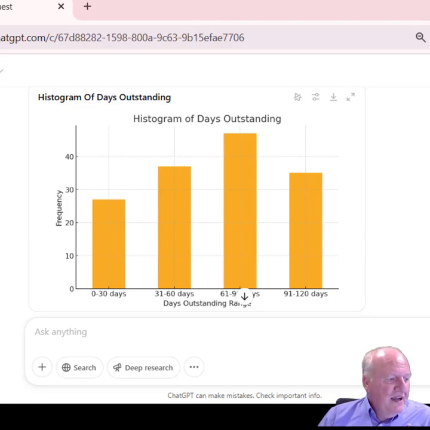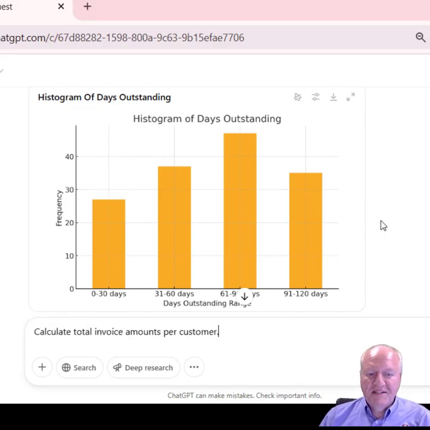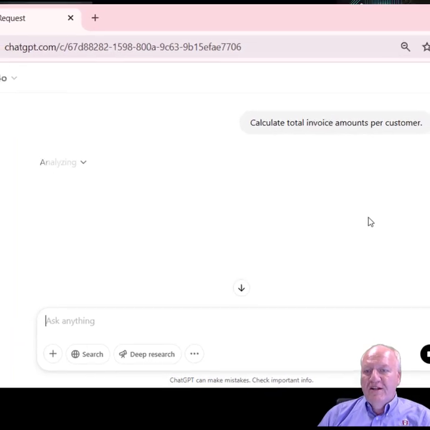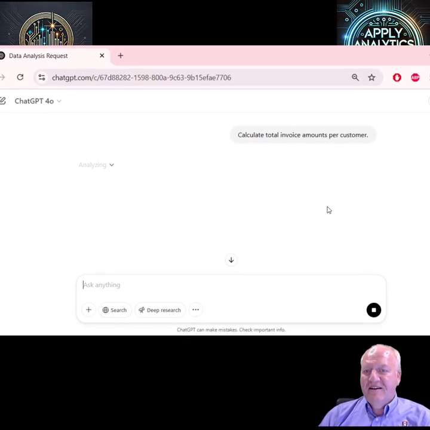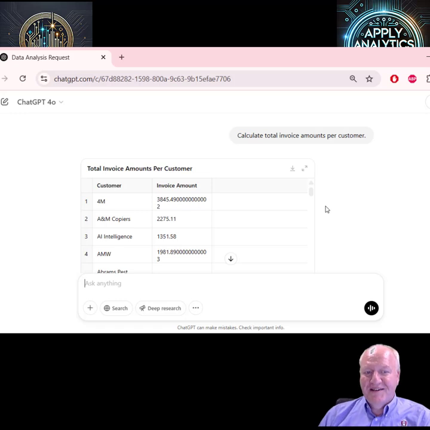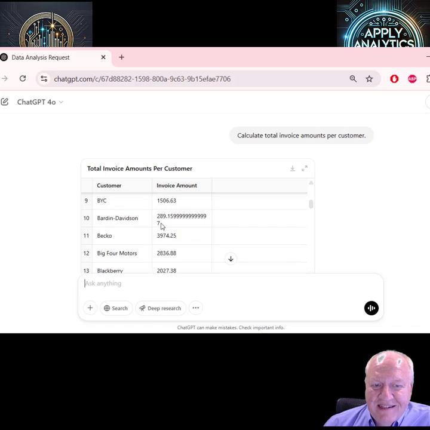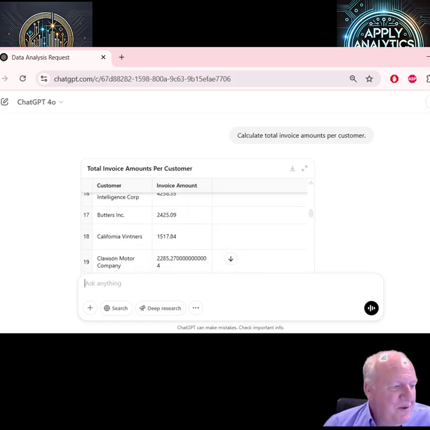And so next thing we can do is calculate the invoice totals by customers. So sometimes they have more than one. And so we could provide that here. And so we could just calculate it by customer. Maybe what we're trying to do is assess, hey, are they paying some and not paying others? And so we could look for that detail.